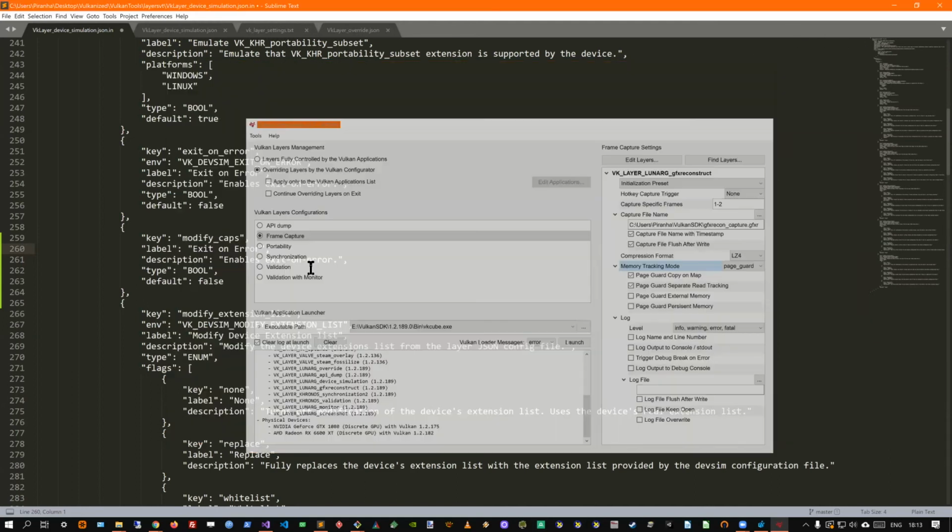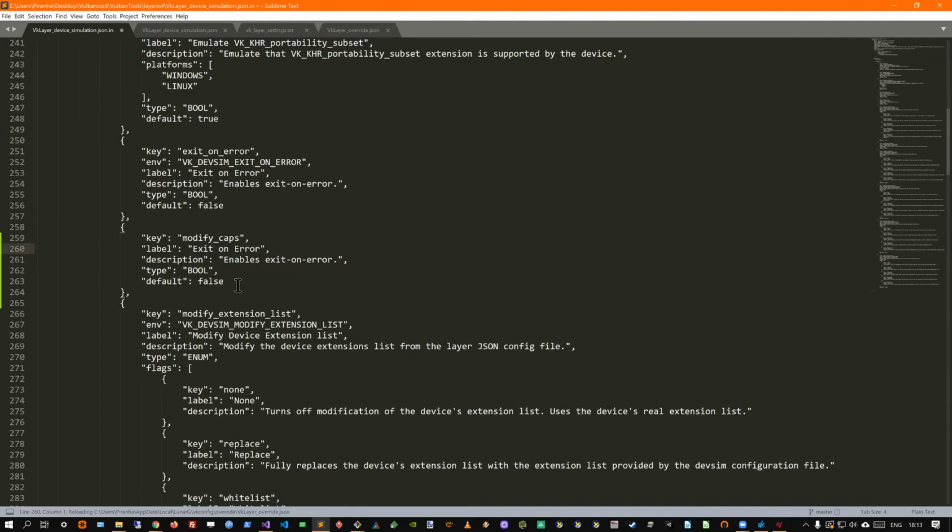So if I'm going back, we are going to try to do the same, but with another setting. So I'm going to call this setting modify device capabilities. I'm going to use the same description by laziness.